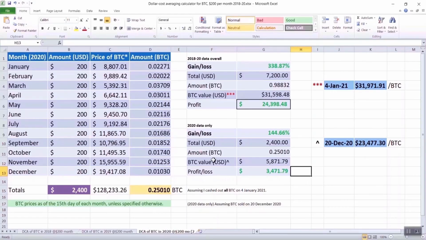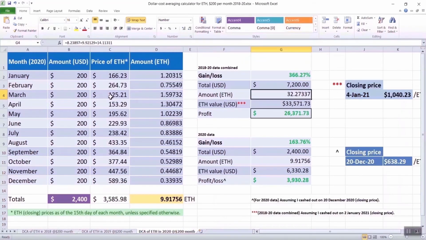I just want to quickly go back to the spreadsheet data and looking at 2020. With the whole global situation, well, back in March, we had the major drop, not just in Bitcoin, but all of the markets pretty much collapsed. In this case, it would have been a wonderful opportunity for people to get involved. So with Bitcoin dropping to $5,400, actually went lower than that, but specifically looking at the 15th of March. And then with Ethereum dropping to $125, so 85 to 90% down from where it is now. And that's in less than 1 year.